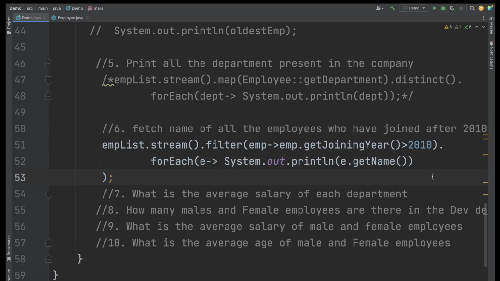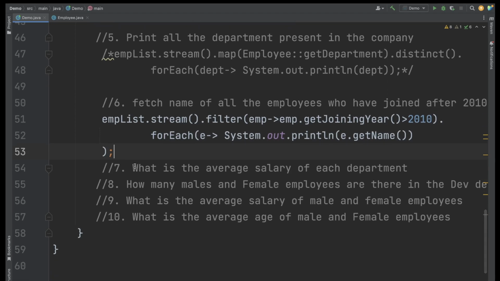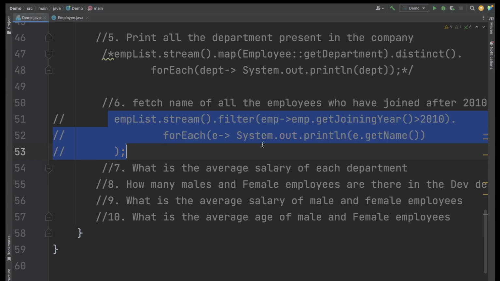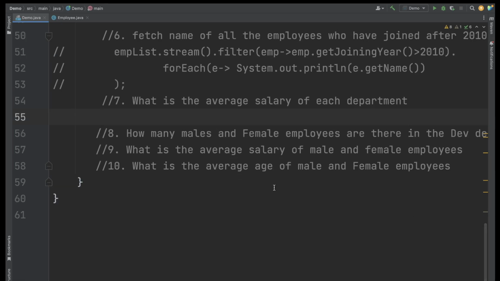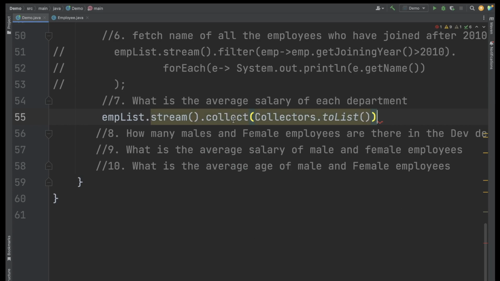Okay, so now let's go to the next question. So what is the question? The question is, what is the average salary of each department? Okay, so let me just comment the previous thing first. Okay, and now go to the next question, which is, what is the average salary of each department? See here, now we want to calculate the average salary for each department, right? So how can I write it? See, very simple. Employee list dot stream, then here we will be using collect, and in the collect we will be using collectors dot